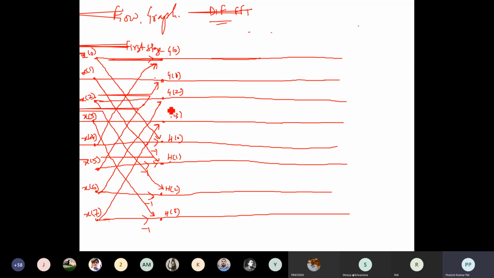So in a simplified way, we can say g of 0, 1, 2, 3 will be calculated by adding the input samples x of 0 and x of 4. But in case of h of 0, it will be subtracted. Okay, both the values will be subtracted. So at the next stage, suppose some value will be there here. Here this will be the same, this will be the same, this will be the same. But in case of